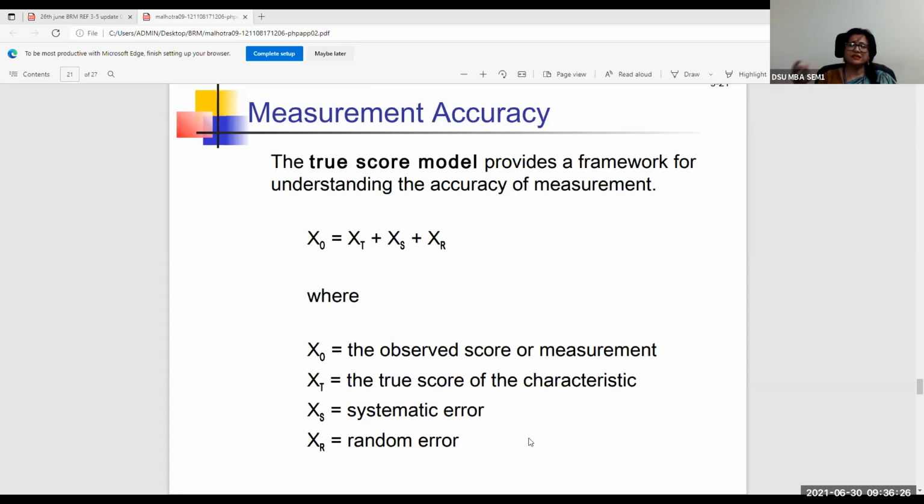So it's a systematic kind of error which will be part of the true measurement score. So what is going to be the actual measurement? It will have a kind of systematic error built in. But random errors could be something like you ask something and somebody says, okay, I didn't understand the question at all. Now the language proficiency, if you're going to administer it in a different language, perhaps that can give a different kind of error input.